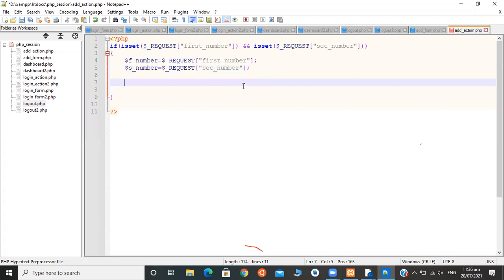I need to add these two numbers. So yesterday we have seen the addition operator.